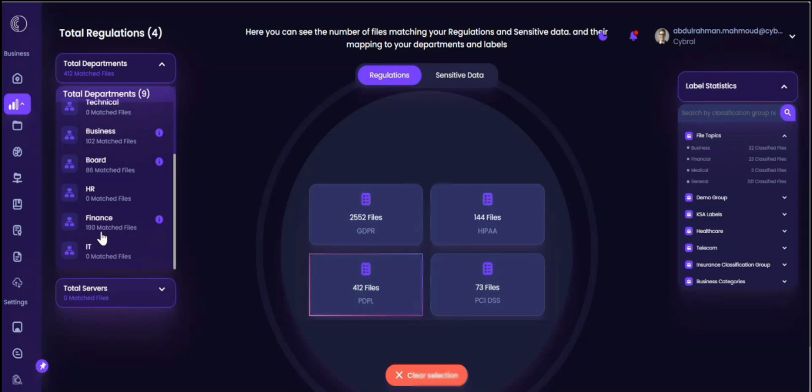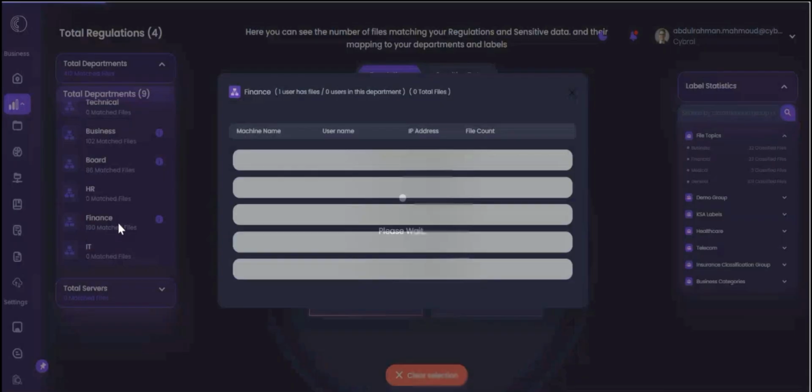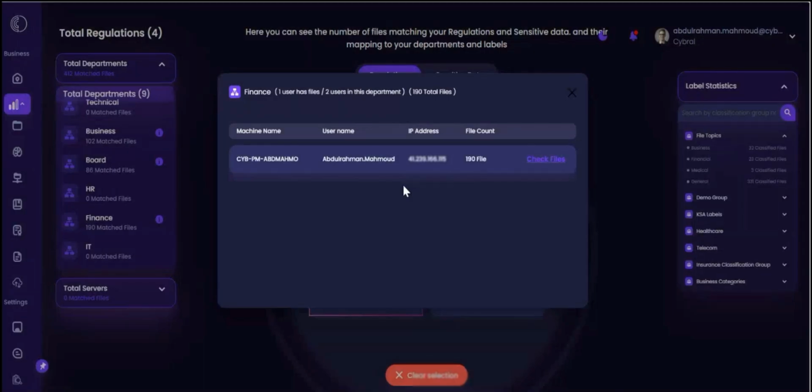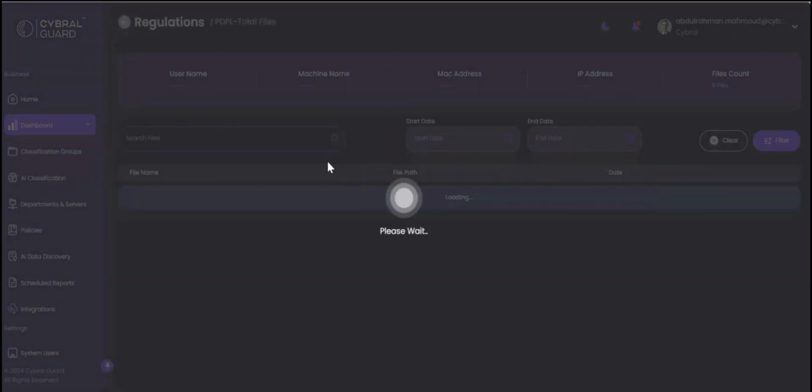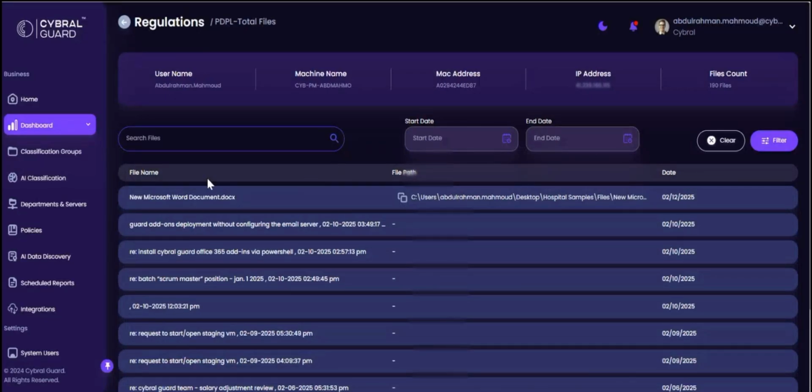If I click on the finance team, I can view details such as the users who own these files, the machine name, the user ID, and the file count. Furthermore, I can check file details, including file names and associated emails. For instance, I can see that a specific file is a Word document and view its exact file path on my machine. This allows me to take protective actions, such as deleting the file or applying security measures like masking